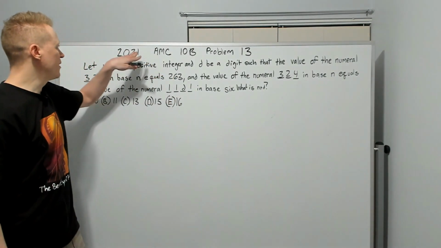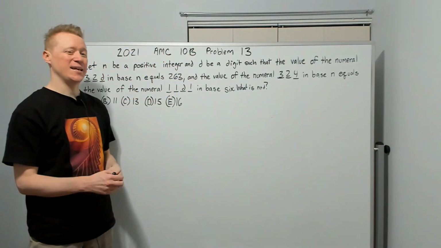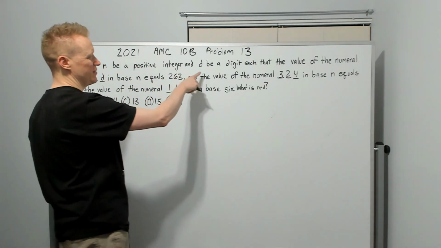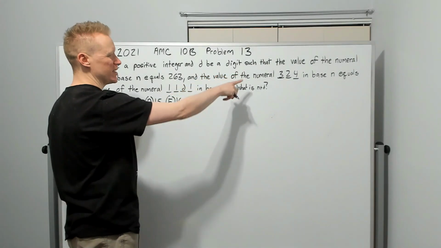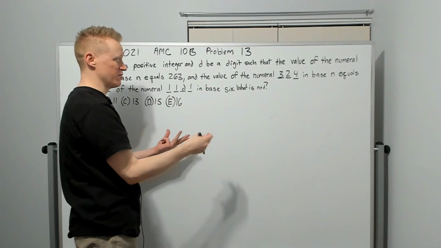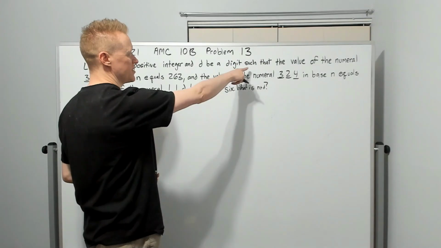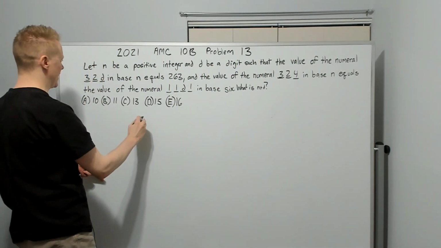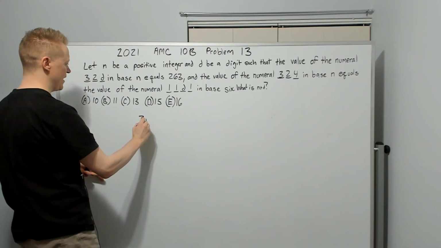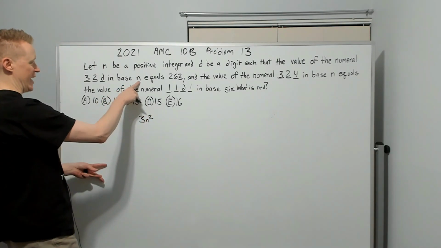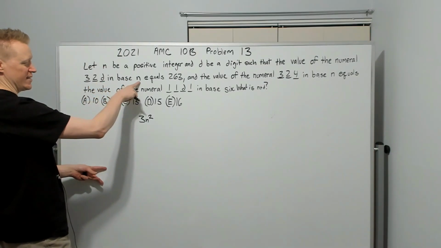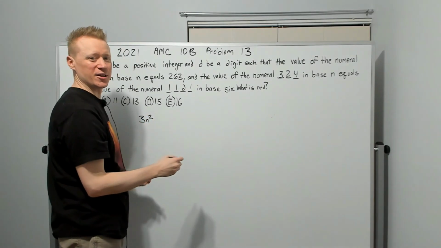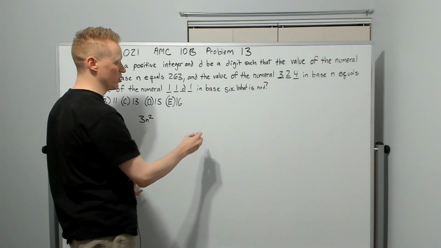All right, so now we are on the 2021 AMC 10B problem number 13. Let n be a positive integer and d be a digit, which is an integer from 0 to 9, such that the value of the numeral 32d, so that is going to be 3n squared, in base n. So 32d in base n. All base n means, think about base 10. Even if you don't know number theory, you can at least understand how bases work, and you might get these